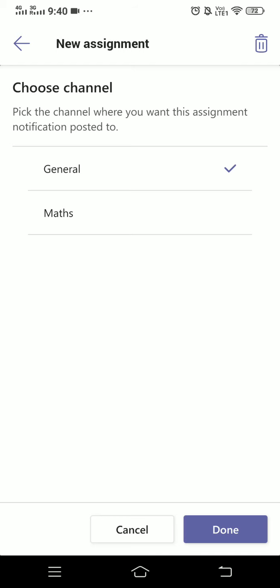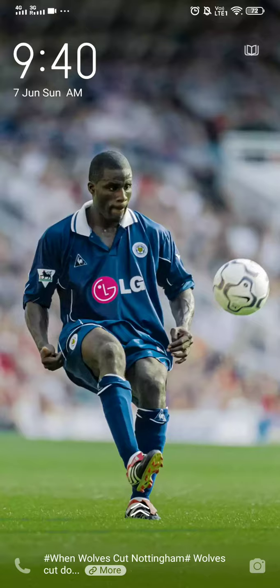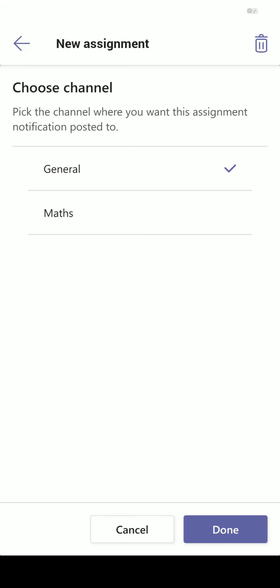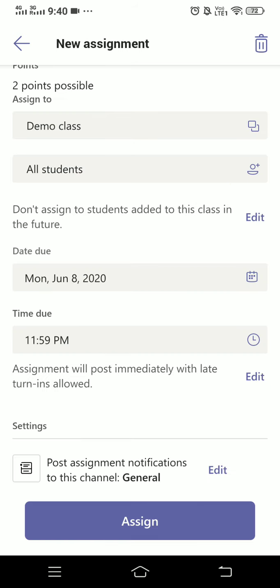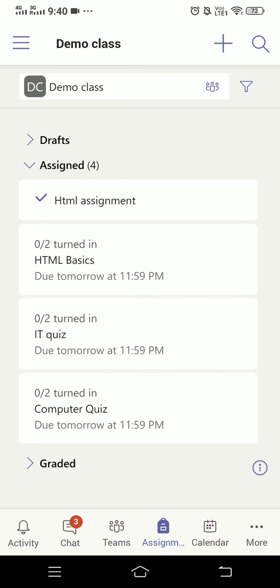So right now I'm going to choose General, then it is done. After that you have to click on this assign option. When you click this assign option, it is assigned to the students. You can see that the tick is there, that means it is assigned to the students. After clicking on assign, the students will also get the notification,